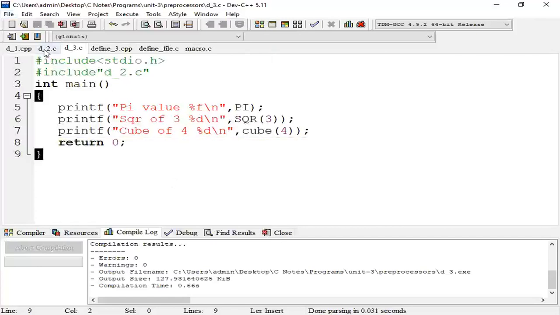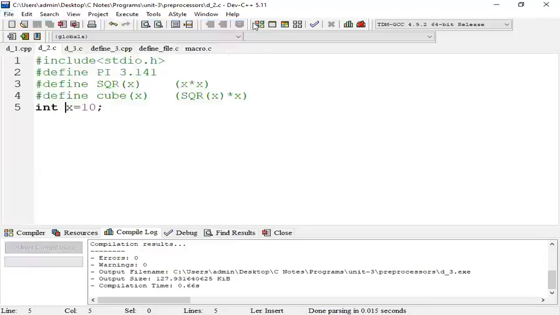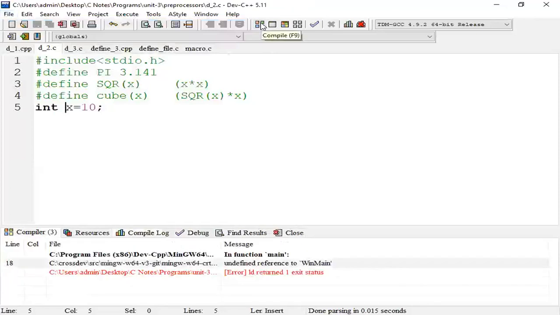Otherwise, say int x equal to 10, that must be in main function, so don't try like that.